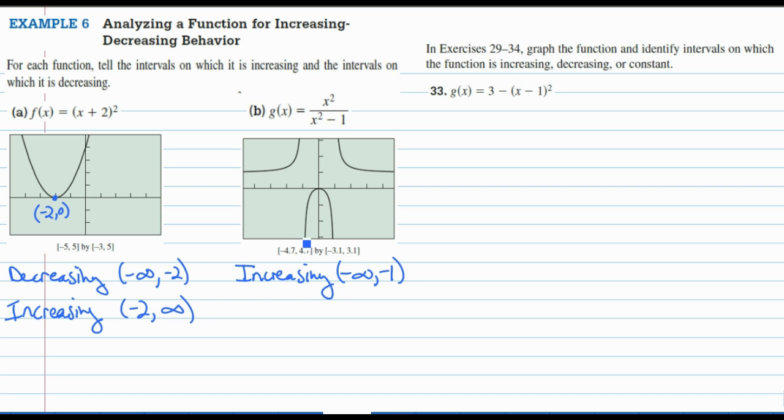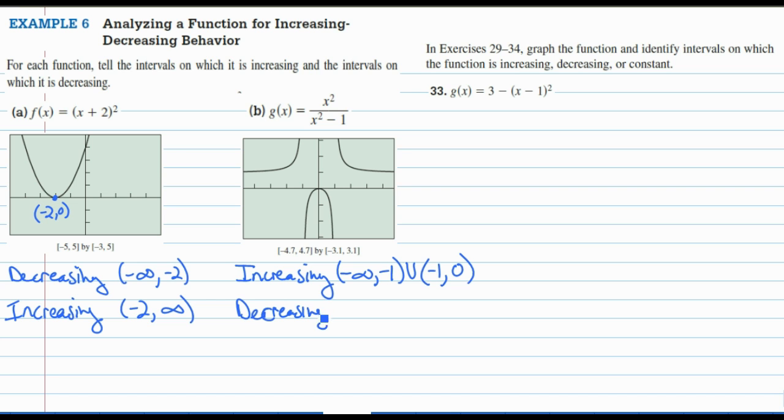Now nothing happens at -1, so in this case I absolutely have to leave -1 out of my increasing interval. The function is not increasing. So if I put a bracket there, that would be wrong. Nothing is happening at -1 on the x-axis. I have to leave parentheses. Now after -1, I start back down at negative infinity, but the function is still moving up. So I'm going to add on to my increasing intervals from -1 to, I think that's 0. So 0 squared over 0 squared minus 1 is 0. So I can see that I hit this point where my function stops increasing and then starts to decrease,